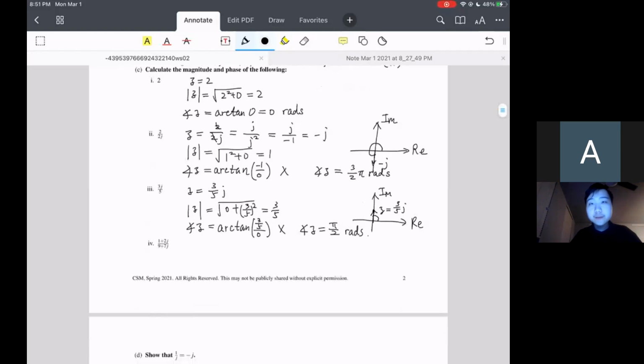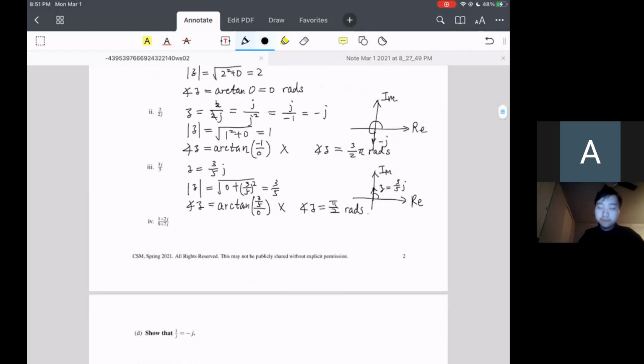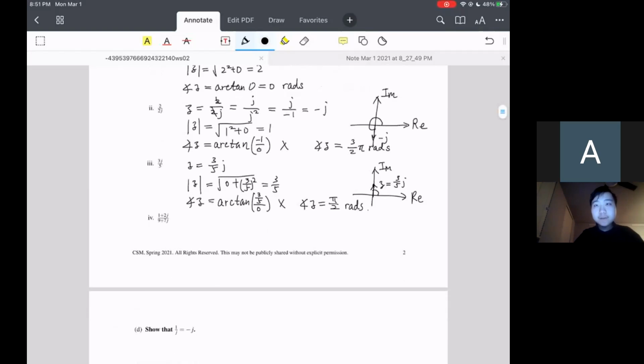All right. So for this fourth question, we're trying to find the magnitude and the phase of this quotient of complex numbers. This might be a little bit complicated, but